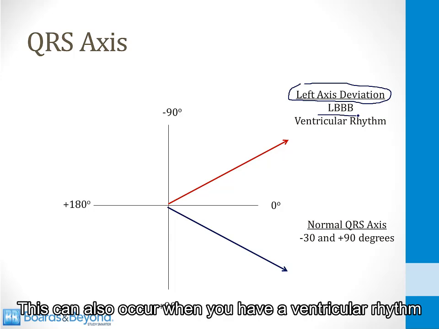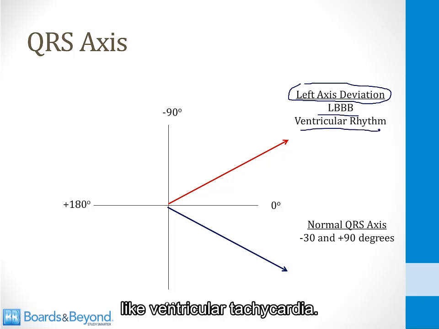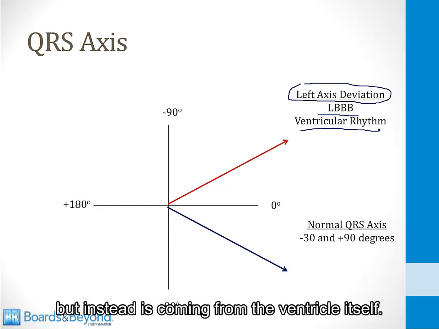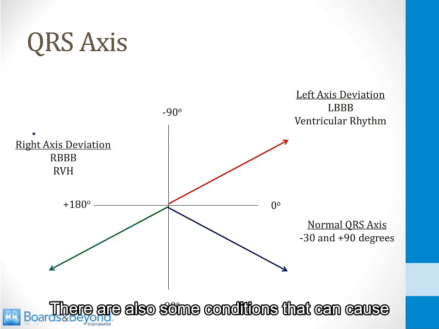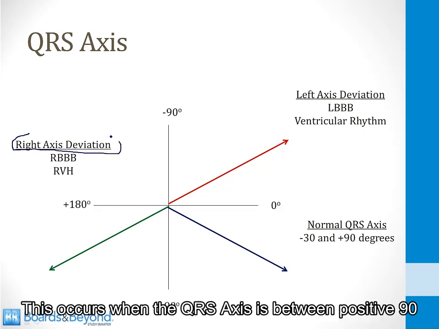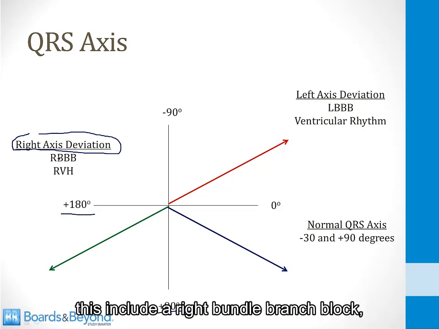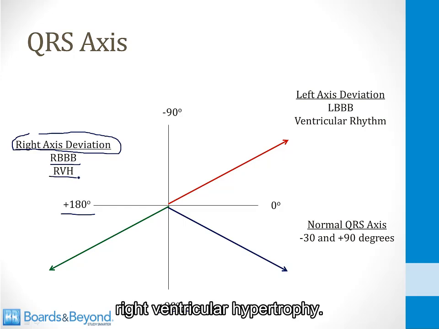This can also occur when you have a ventricular rhythm like ventricular tachycardia. This is a heart rhythm that is not originating in the SA node, but instead is coming from the ventricle itself. There are also some conditions that can cause a right axis deviation. This occurs when the QRS axis is between positive 90 and plus 180. Some of the conditions that can do this include a right bundle branch block, right ventricular hypertrophy, and there